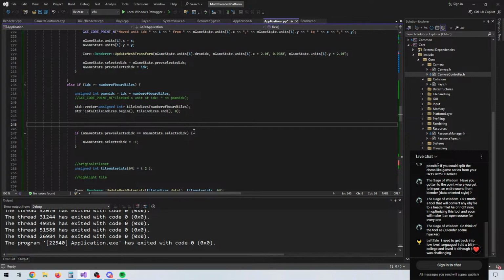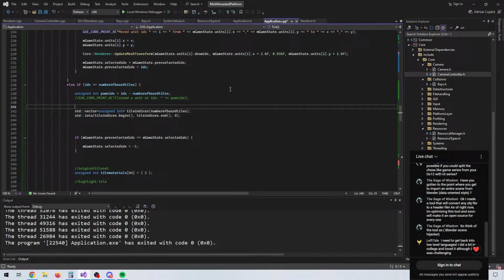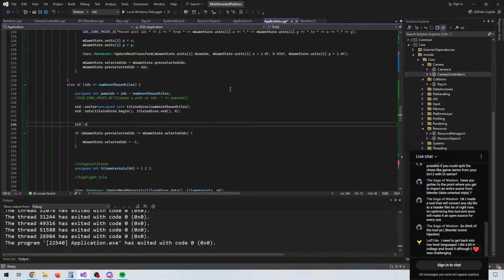Huh. Okay, maybe we don't need this. Yeah, for now we will do it like that. We could always optimize on this, but